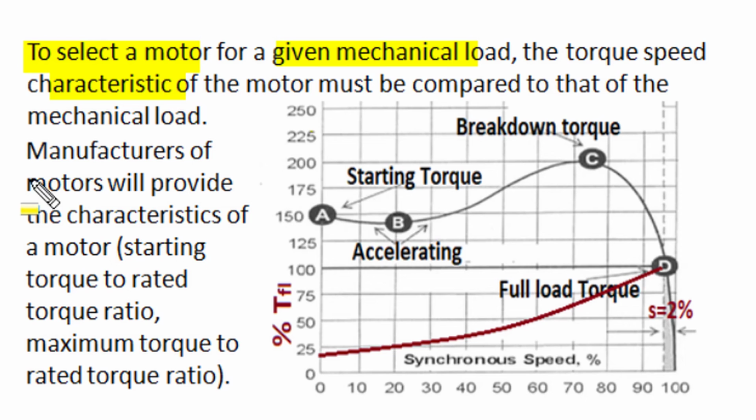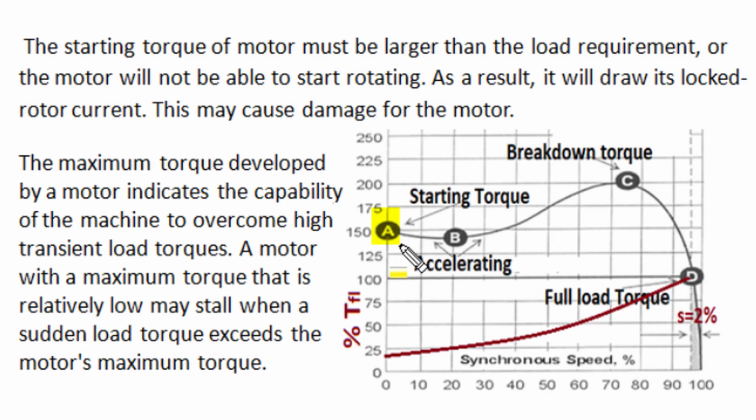particular load. Now the manufacturer of motors will provide information about how much is starting torque as compared to full load torque, how much is starting current as compared to full load current, what is the ratio of maximum breakdown torque and full load torque, and with this information one can select whether the motor supplied by the manufacturer is suitable for our load requirement. The starting torque of a motor must be larger than the load requirement of motor at the time